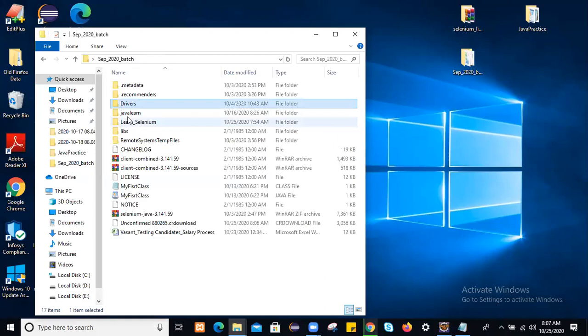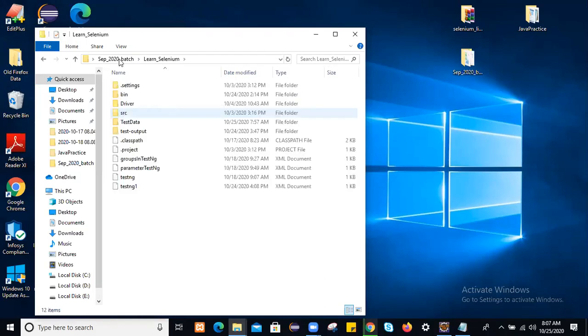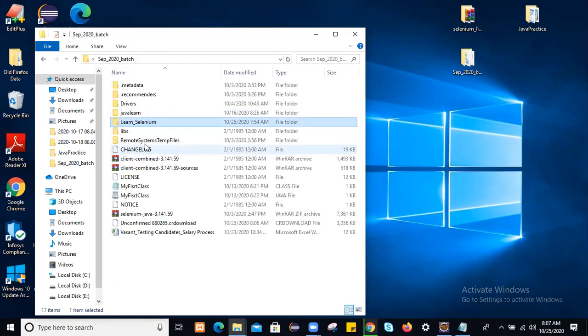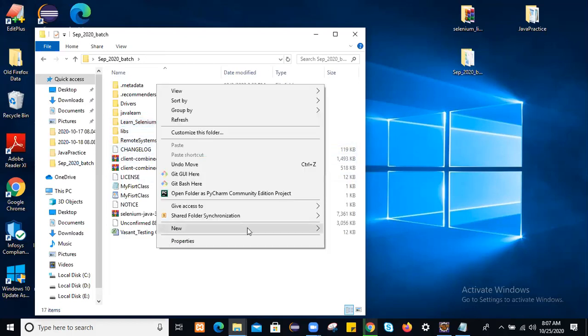In learn Selenium, this is our package in the current working directory, and this is my Selenium jars. We kept all the Selenium jars here. Now we'll create one folder here for POI API jars.